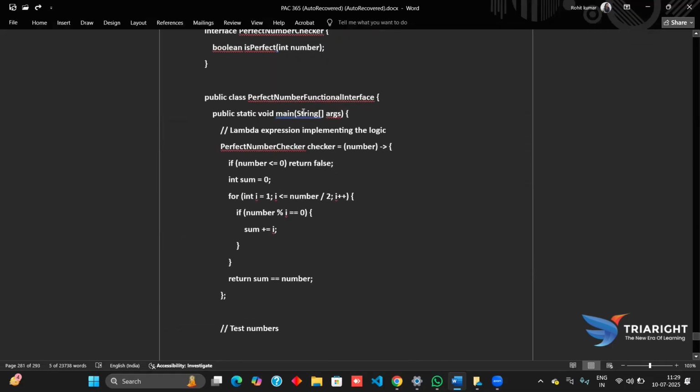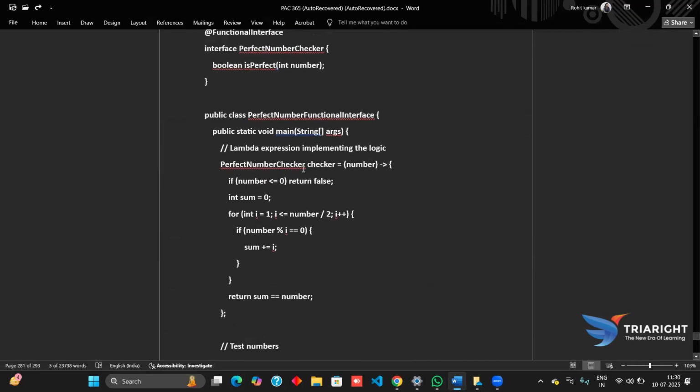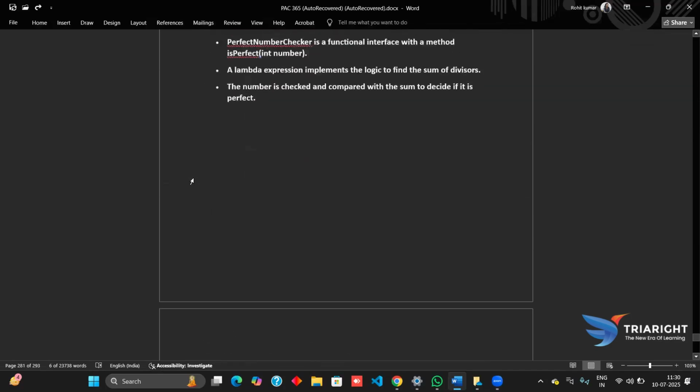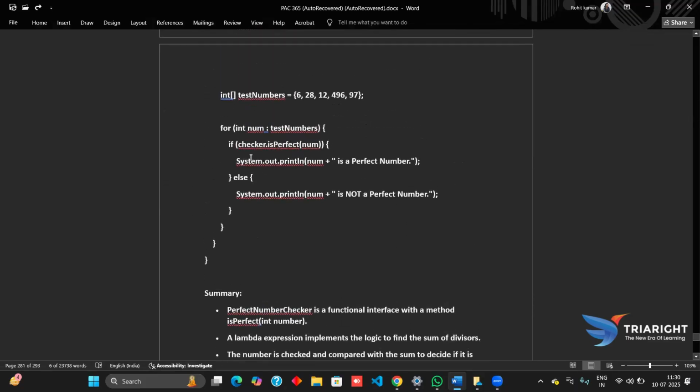Here checker is a variable that is denoting the perfect number checker. If checker.isPerfect, that is, if that number is a perfect number, then